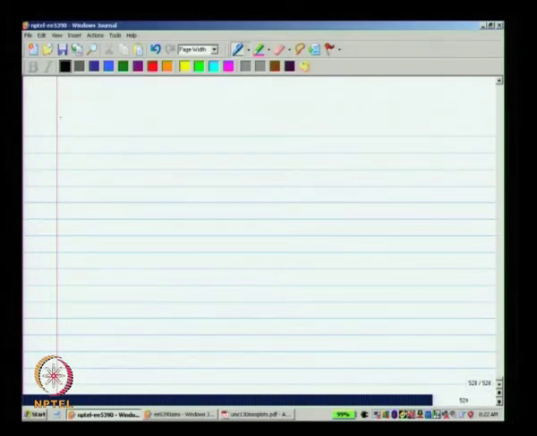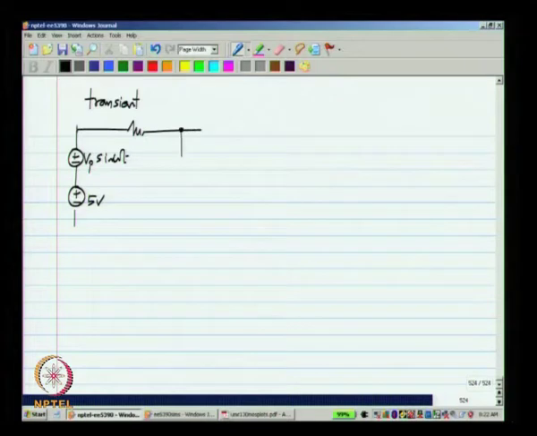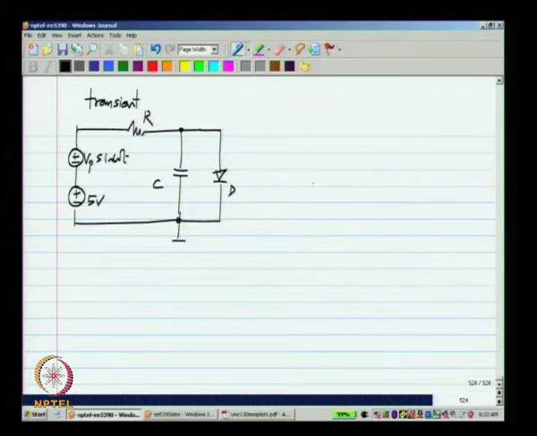Similarly, let us say you have a transient analysis setup, and let us say Vp is small. What does it mean for it to be small? It means that the small signal assumptions are valid.